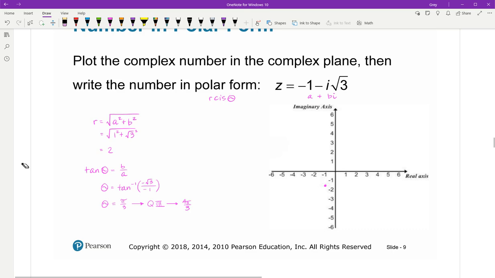So my answer, the answer to this problem, and I'm trying to get up here and it won't let me,